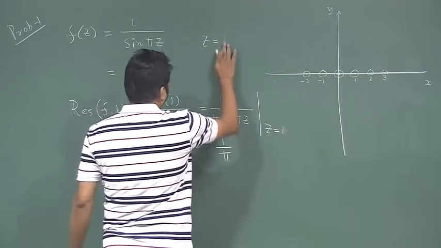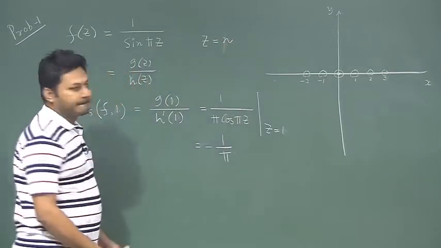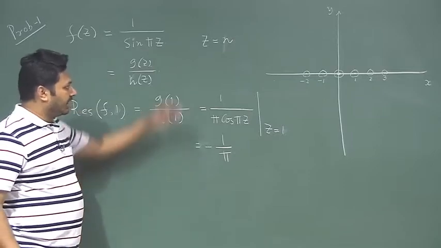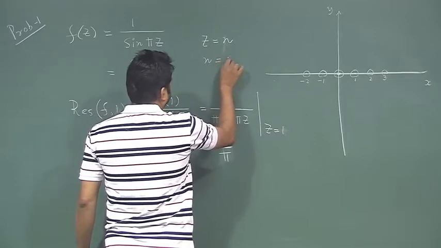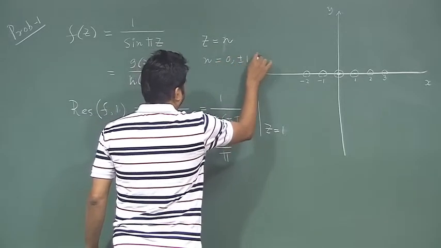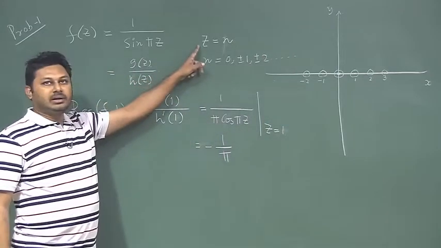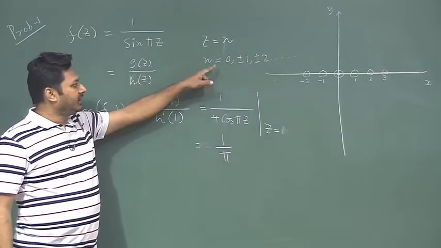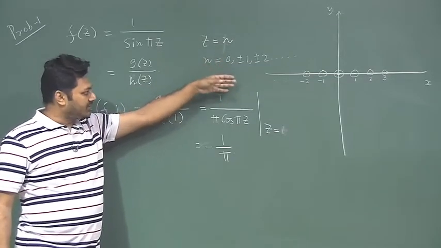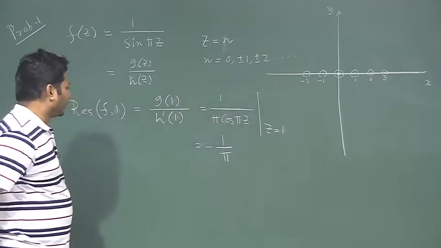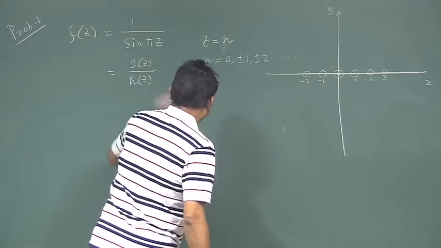The singularity lies at all z equal to n point, n is plus minus 1, 2, 3, 4 and so on. So, n here is integers 0, plus minus 1, plus minus 2 and so on. So, this is the general singularity I have. I am taking the general one. So, in that case how to tackle these things? The same thing. So, here